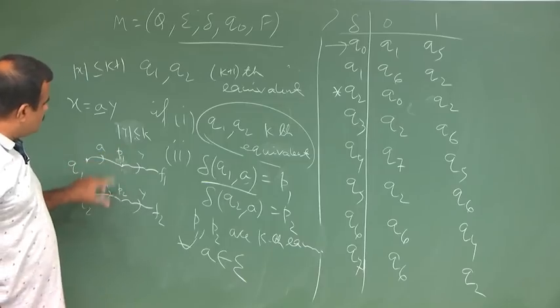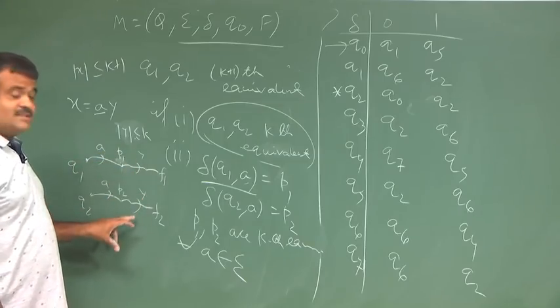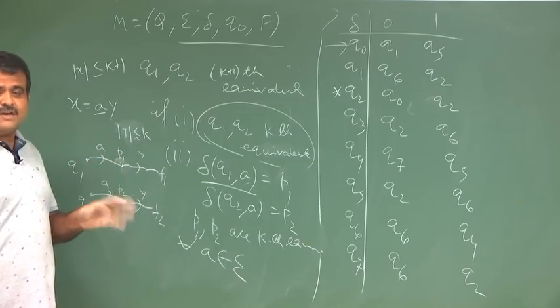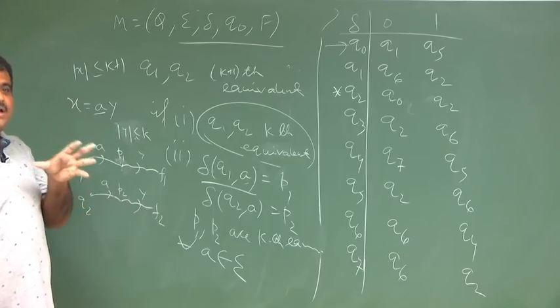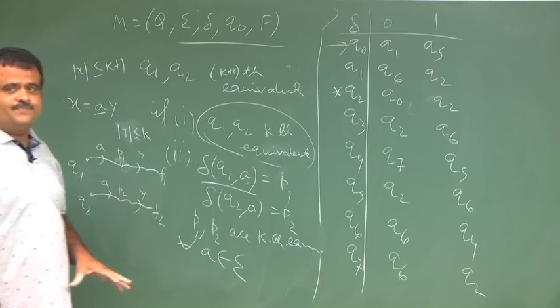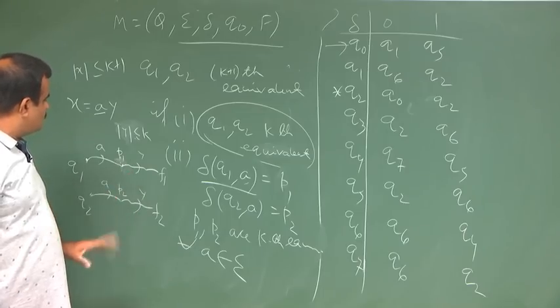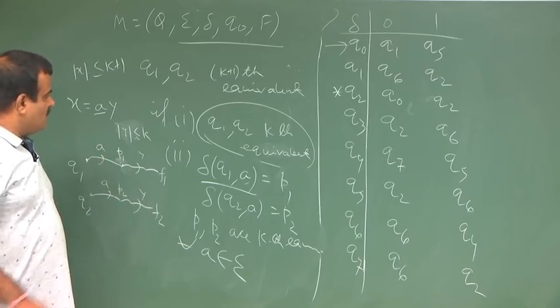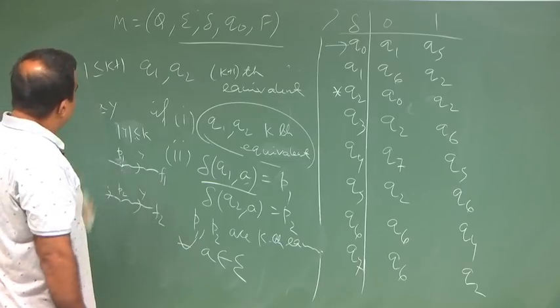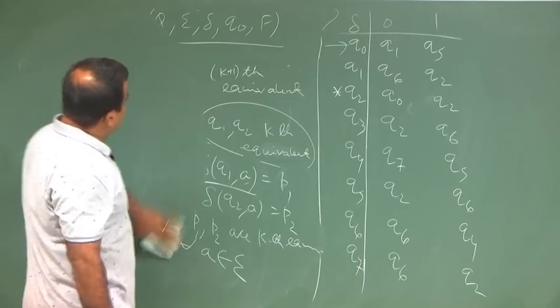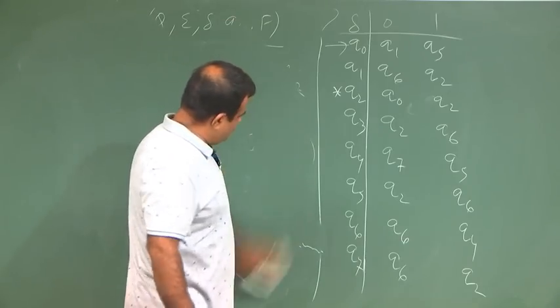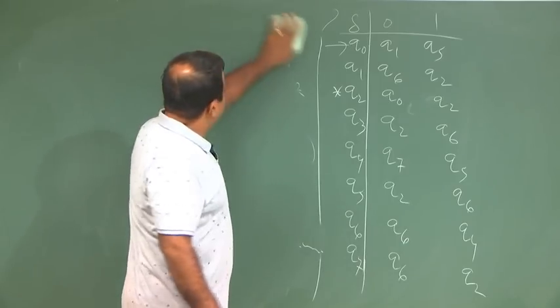That means these two have to go to the same nature of state, either accepted or rejected, not the same state, but the same nature of the state. Then these two have to be kth equivalent. So, this is the recursive definition, and we know that this is an equivalence relation, which will partition the states into the equivalence classes,